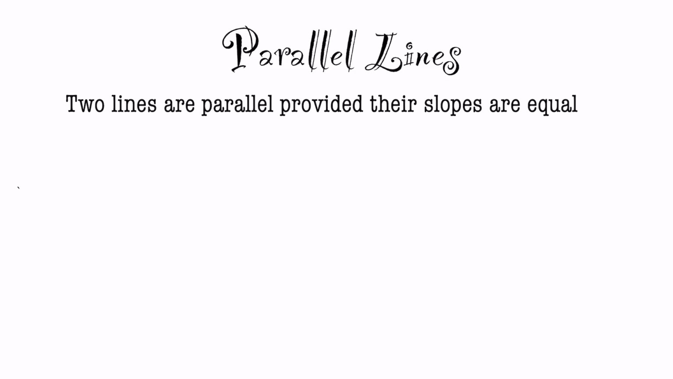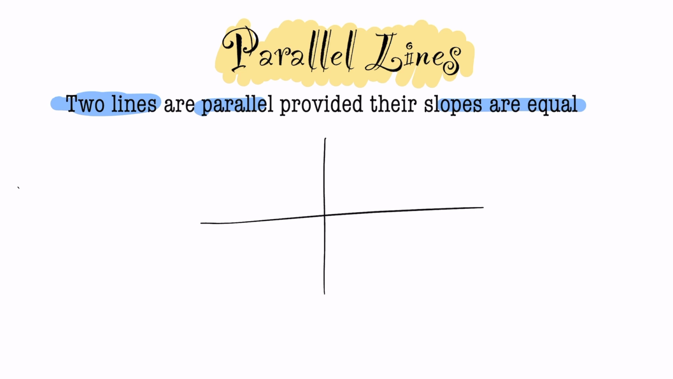In today's lesson, we're going to be taking a look at parallel lines. So if you take a look at our definition here of parallel lines, two lines are said to be parallel, provided their slopes are equal. So if you have a situation where you have two parallel lines, let's say we have line 1, line 2,